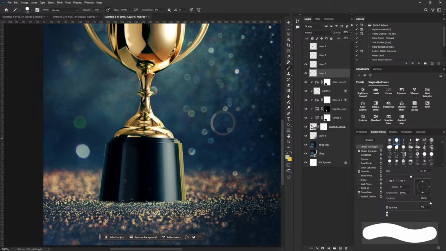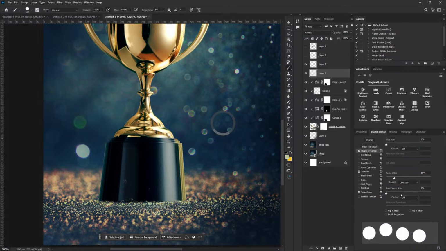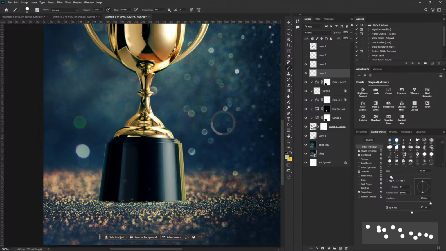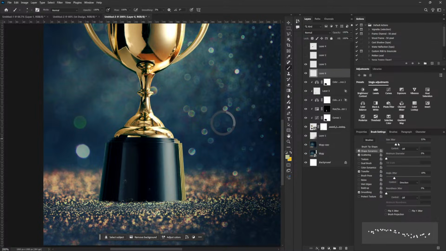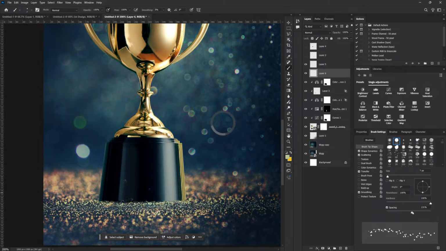I'm going to use the hard brush, go to spacing, go to shape dynamics, and scattering here. Make this scatter, and make this smaller like that. We go to shape dynamics now and play with the shape. The size jitter is going to give us different sizes of the brush. So scattering again, still going to make this much. And the space should also be